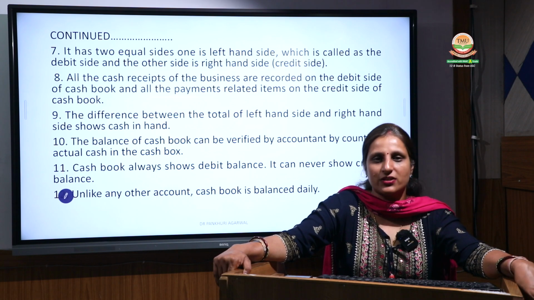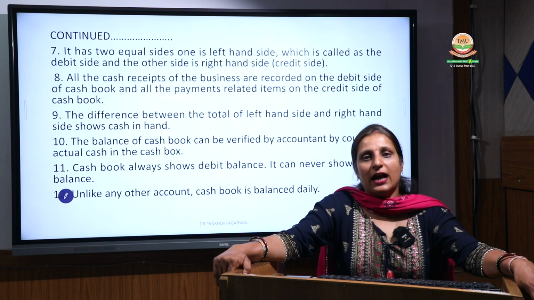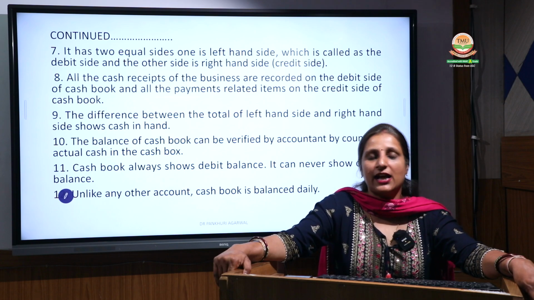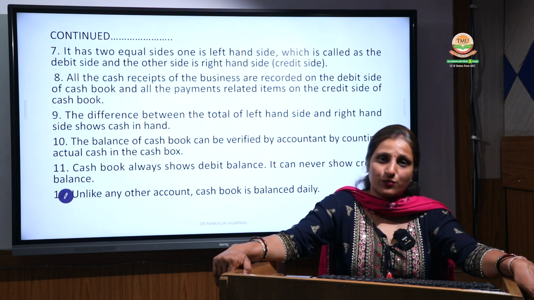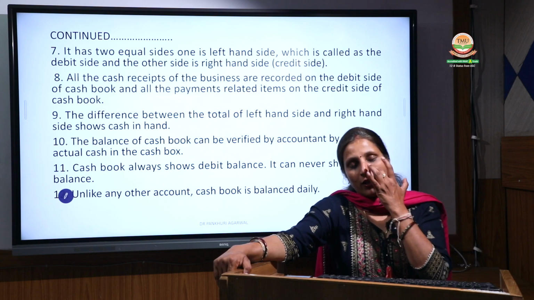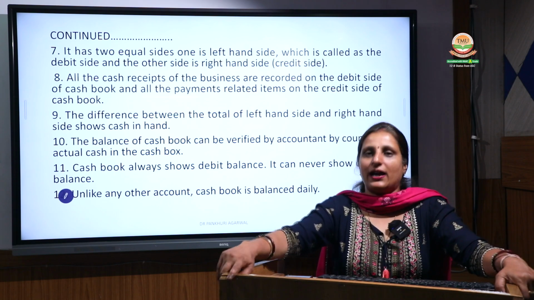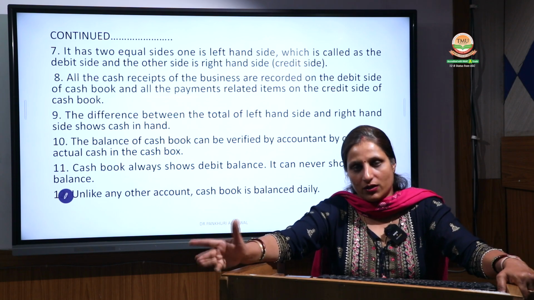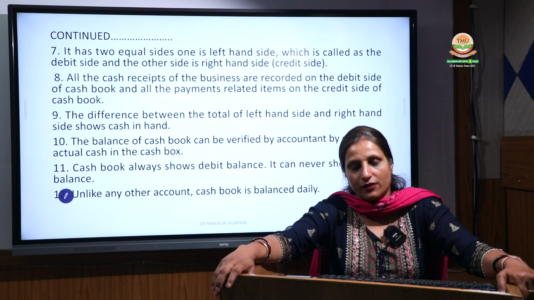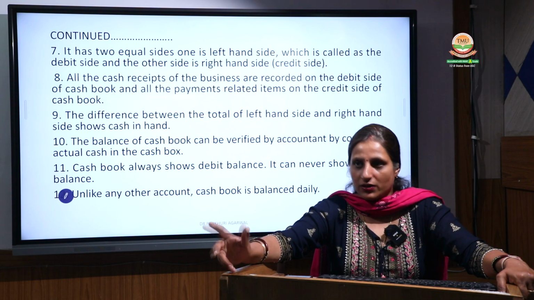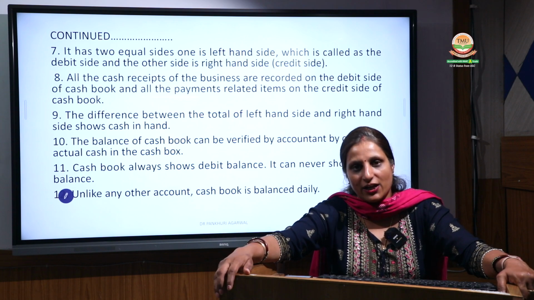Daily I have to check my journals, daily I have to prepare the cash account, daily I have to calculate the ledger, and daily I have to calculate the balances. But if I am preparing the cash book, what I will do daily is go to the cash book and make the balance of what I have done today, or audit all the balances of the daily activities, and calculate whatever balance has been left in cash with me,